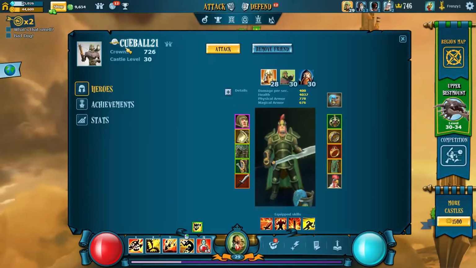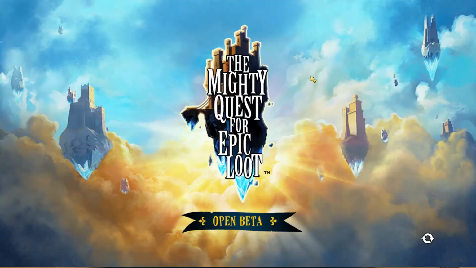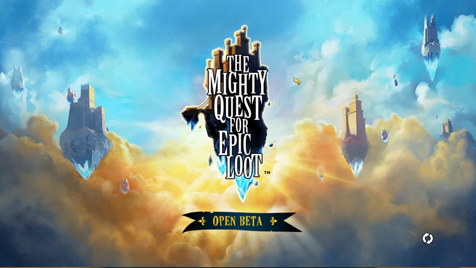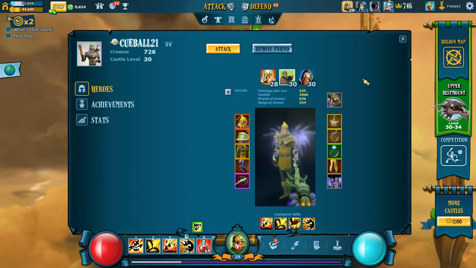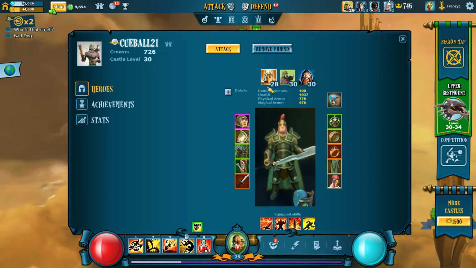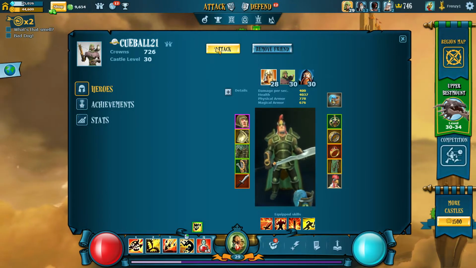Next up we have Cue Ball 21. Castle level is a 30, validated on pretty much any of these guys, but most likely the archer or the mage. From pure stats, it looks like the archer has slightly more hit points, but the mage has slightly more DPS, so it could be really any of these. And then the knight has more hit points than all of them, so who knows which one he validated it with. We'll just jump into it